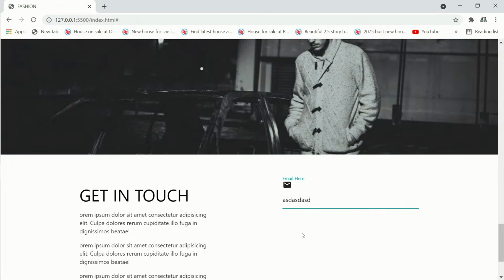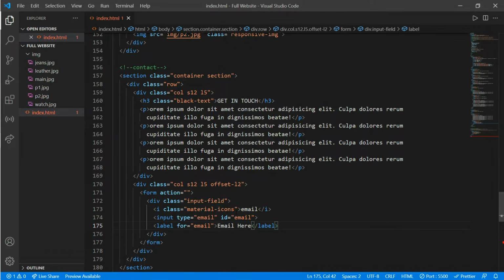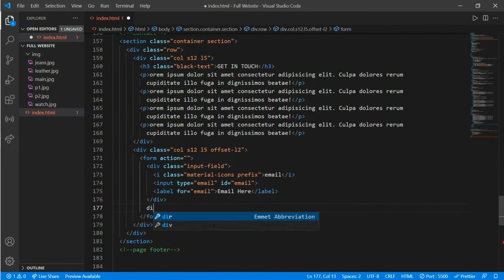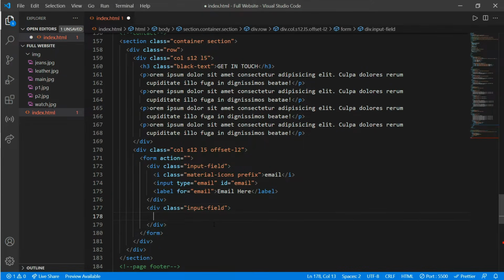As you can see, our icons is not working properly, so let's add a prefix on our icon. Okay, now it is looking perfect. Now let's do the same for our message box as well. Create a div with a class of an input field, and now add a message icon as well. For that, write a message with a prefix, add a message,